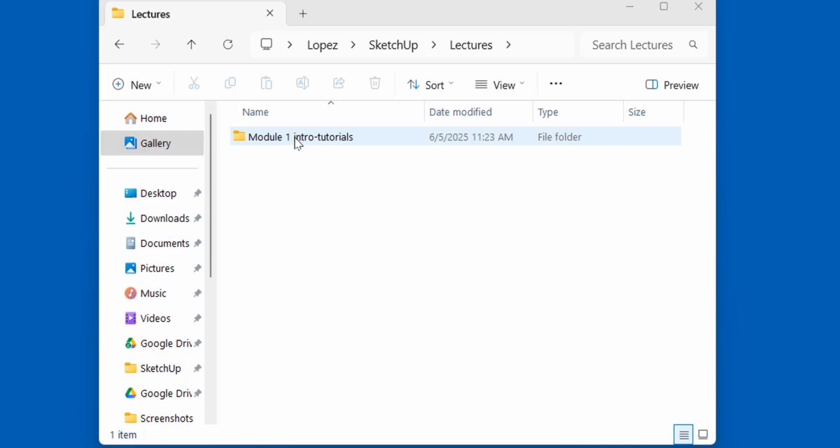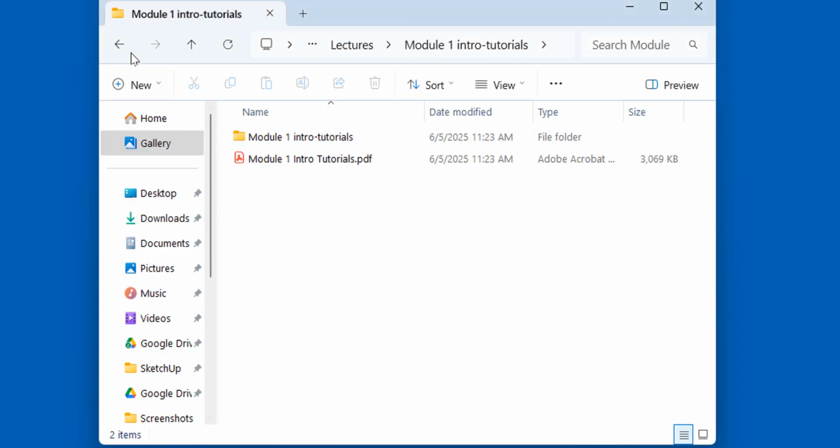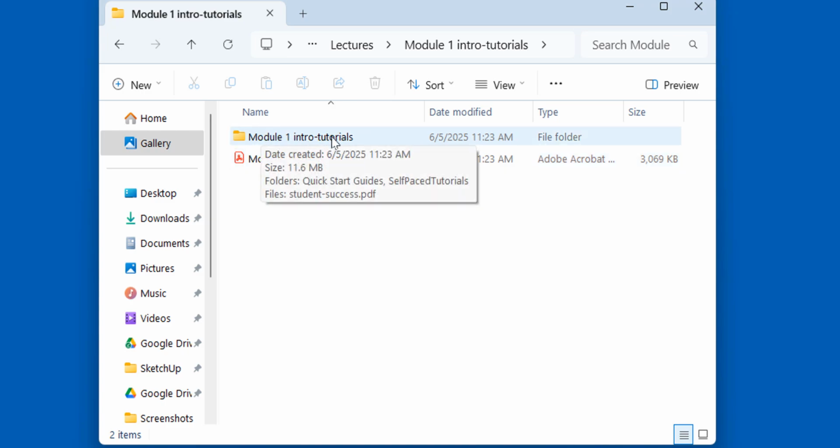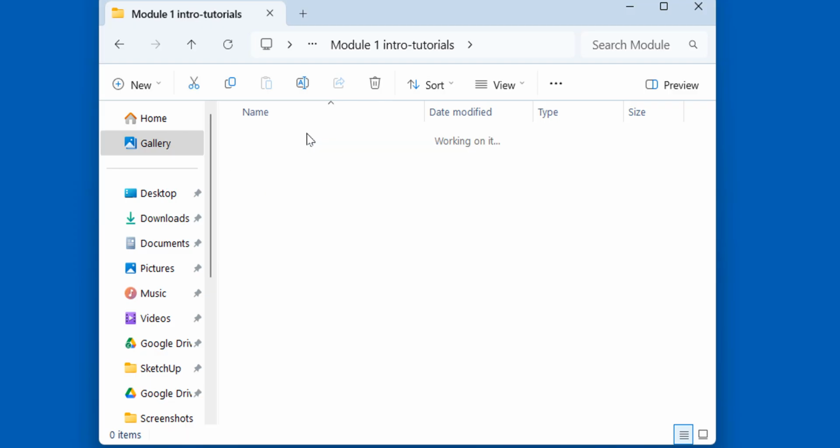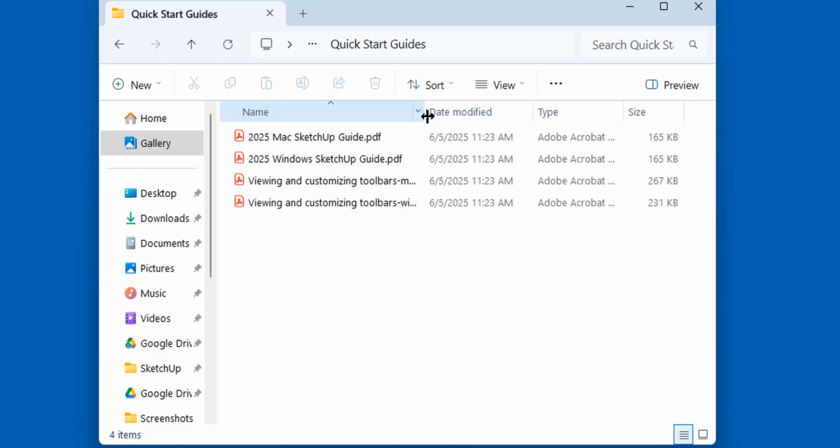While we're at it, let's take a look inside at what we unzipped. Inside the Module 1 folder, there's the lecture PDF, and then inside there's another folder called Module 1 Intro Tutorials. And they have the quick start guides and the self-paced tutorials. And again, our student success. We have the quick start guides and student success already in Talon, but these are a good way just to download it right here. If you click on quick start guides, you see we've got